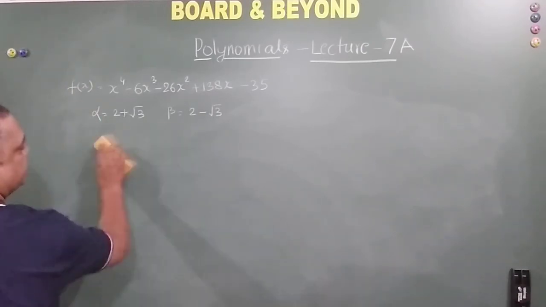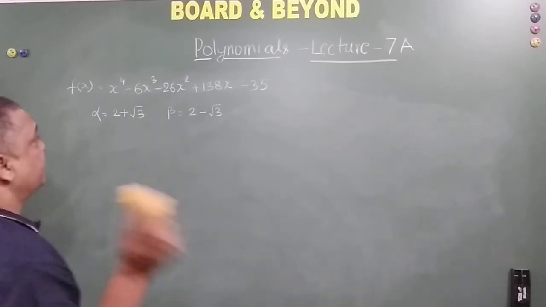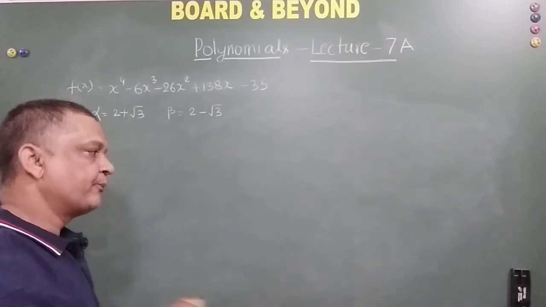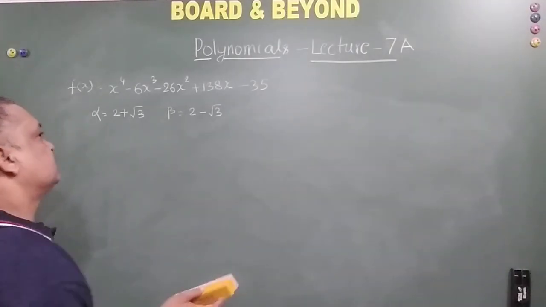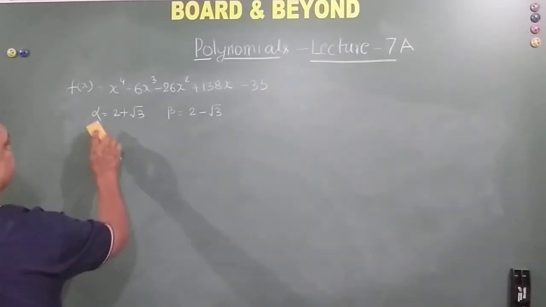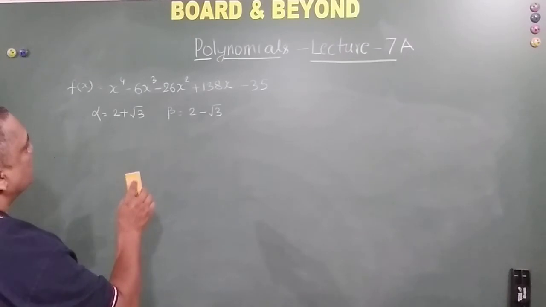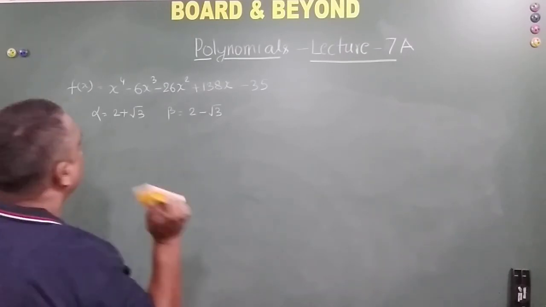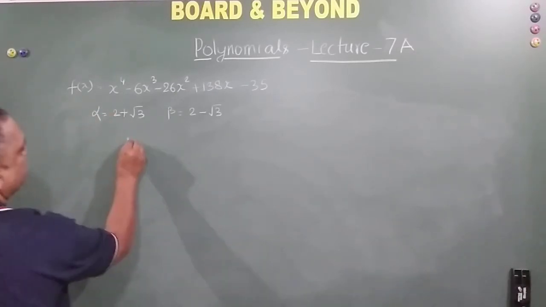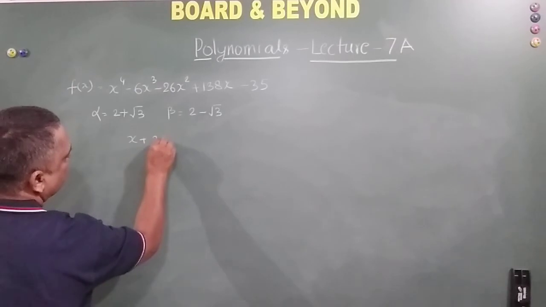For a biquadratic we do not know the relation between the coefficients and roots, right? So what do we do? You'll go that way. Okay. So x plus 2 plus root 3